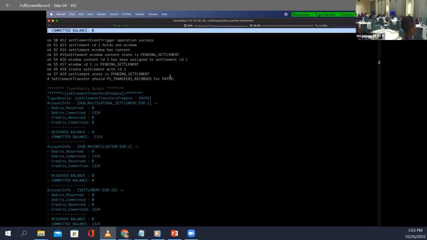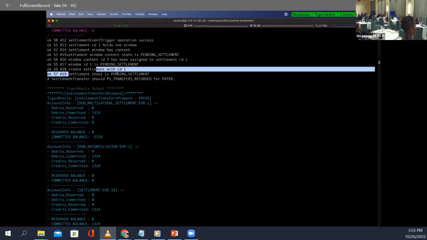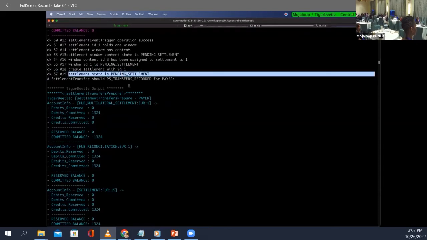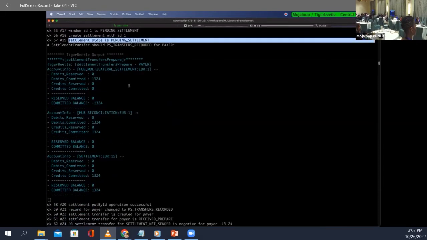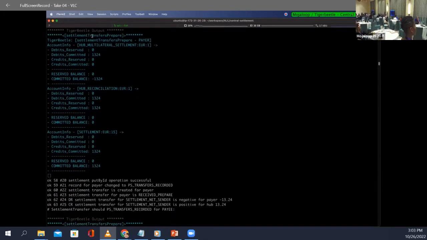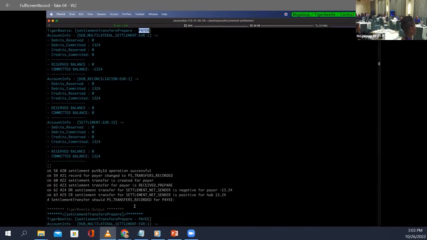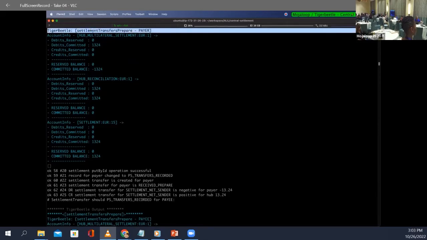Now that we have all of our accounts created, the actual settlement data will be created along with its initial state, which is pending settlement. Now that we have the necessary accounts, we can actually prepare the settlement or initiate the settlement obligation. First, we will create the settlement obligation for the payer and then for the payee via this settlement transfers prepare